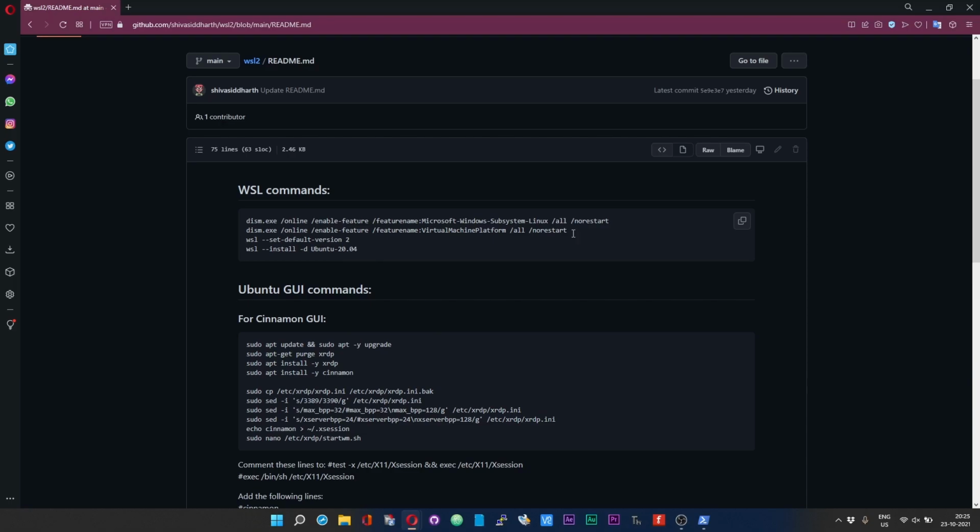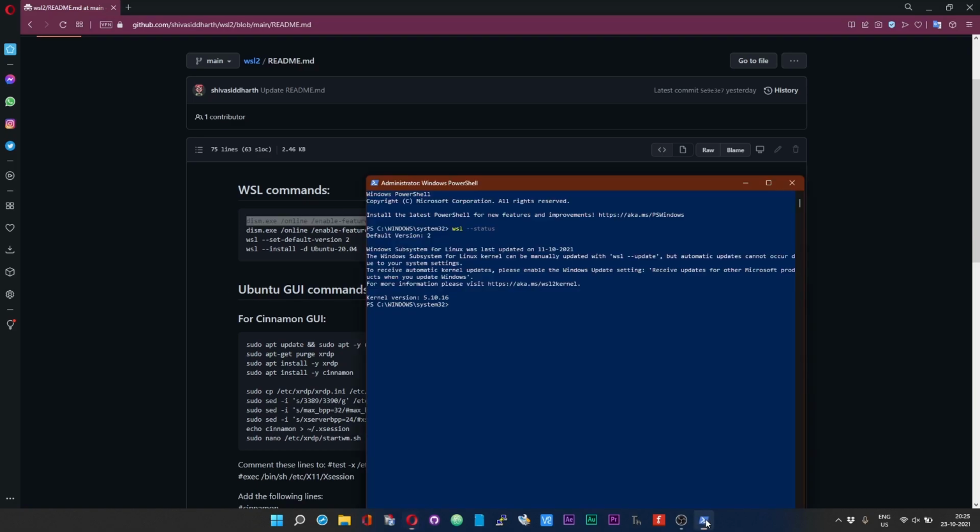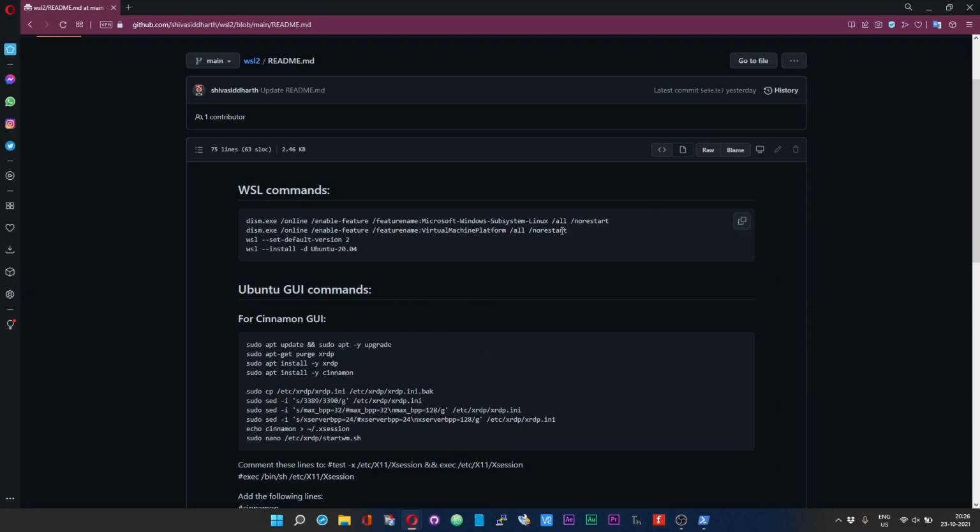In order to do that, run all these commands that I have given here. Okay, so once the first command is executed successfully, copy and paste the second command.